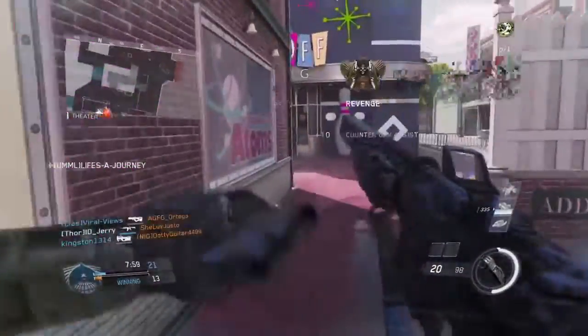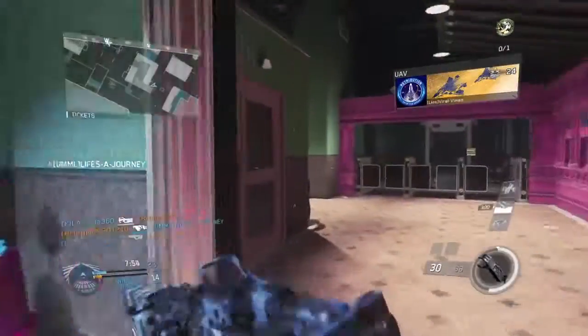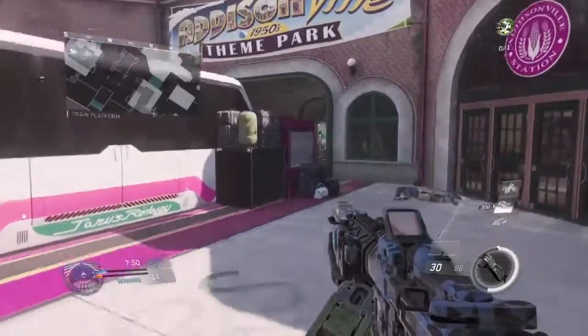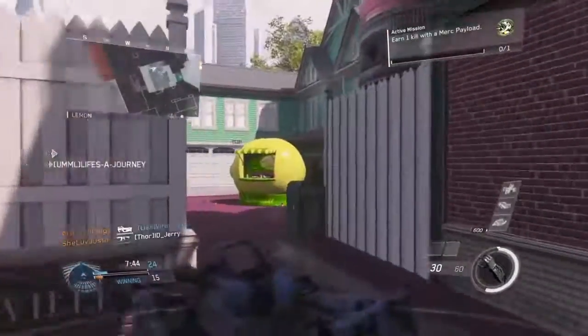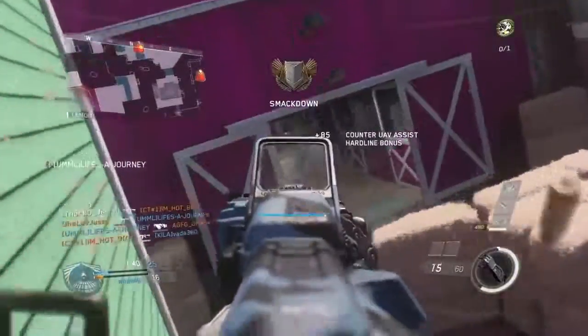And this is not the first time they did this. They did this in Ghosts too, and Ghosts kill streaks completely suck. These score streaks completely suck. People ask for the score streaks in Ghosts to be buffed. They never do, and it's the same situation again. It's like after Modern Warfare 2...